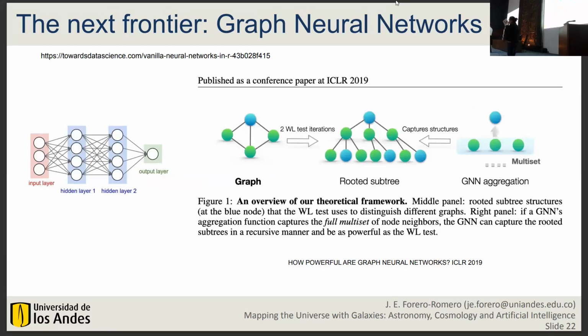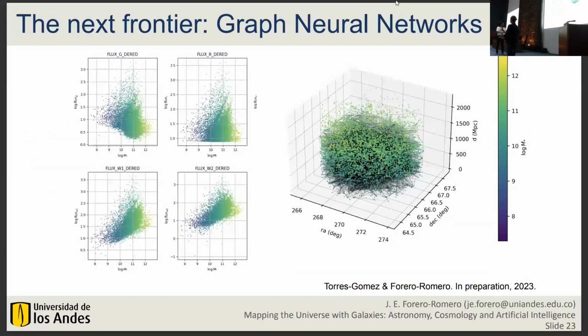Because I understood that you are using graph to find the cosmic web structures. Exactly. So my question is, how do you train that? Because in different cosmological models, for lambda CDM, you will have different structures, and then if you are training with an assumed model, you may be biased in the results in the cosmic web that you will derive.